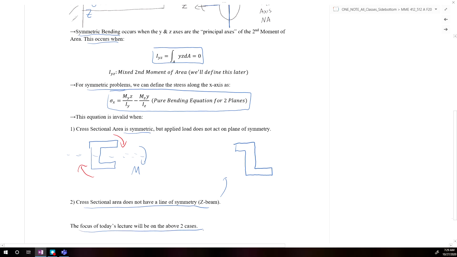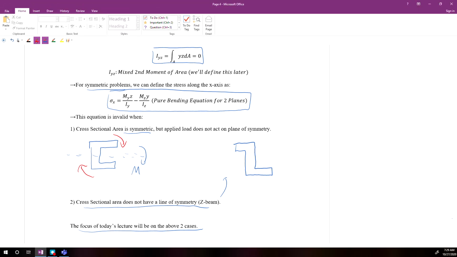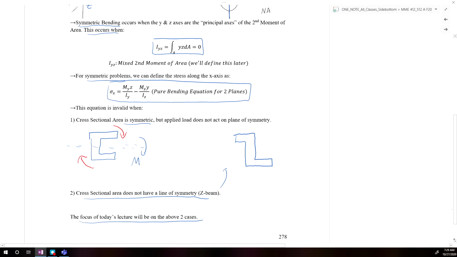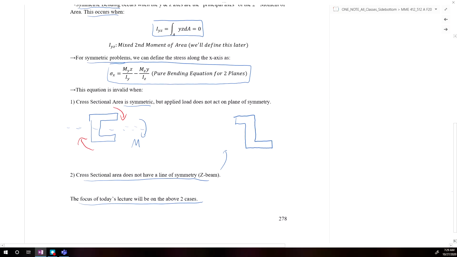The question I often get with these types of problems is, if these materials or sections don't behave symmetrically, why would you use them in your design? One of the reasons is that, though they are maybe a little bit more challenging to design with, they do allow for some useful properties. For example, if we have a U-channel section like this, and we compare it versus a traditional I-beam,